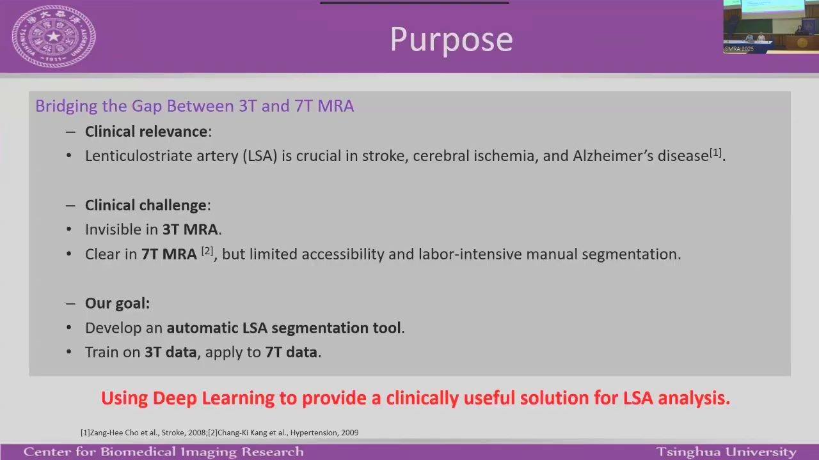The LSA is critical in neurological conditions like stroke and Alzheimer's disease. While 7T MRA clearly visualizes the LSA, it's not widely accessible, and the manual segmentation is challenging. Our goal was to train models on 3T MRA data to automatically segment the data in 7T data, creating a